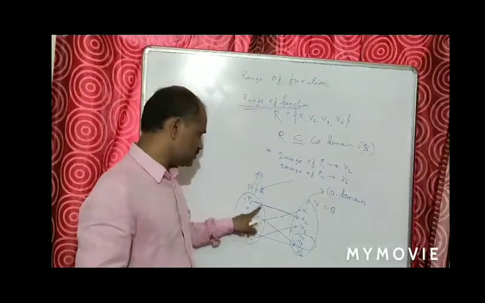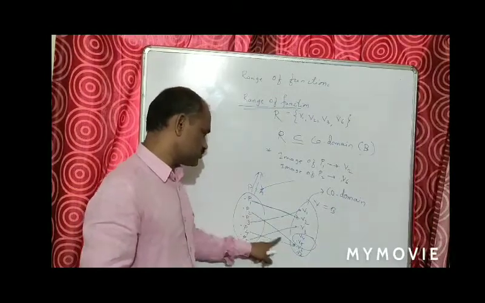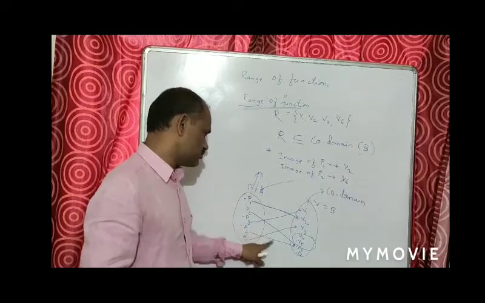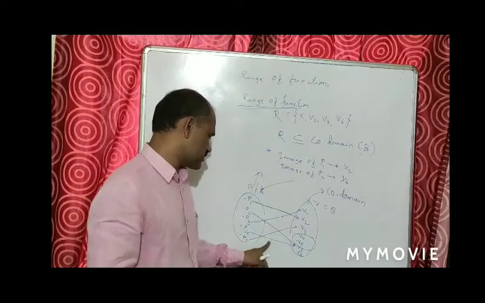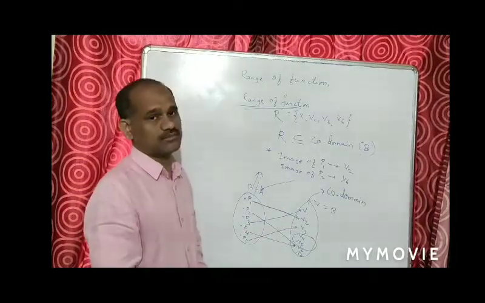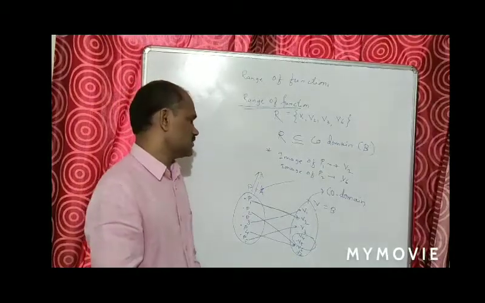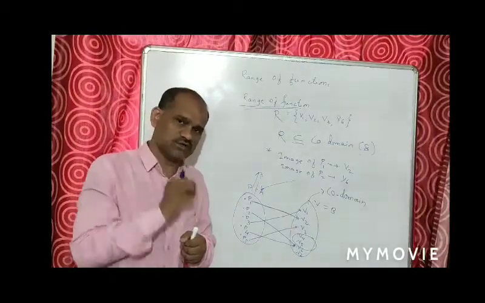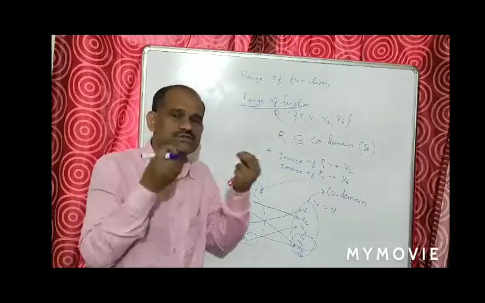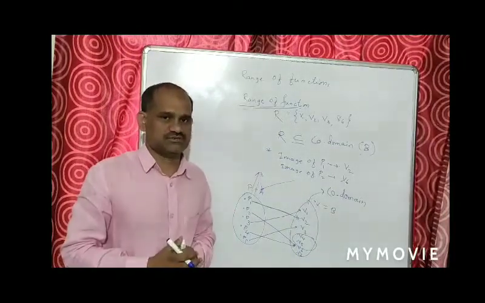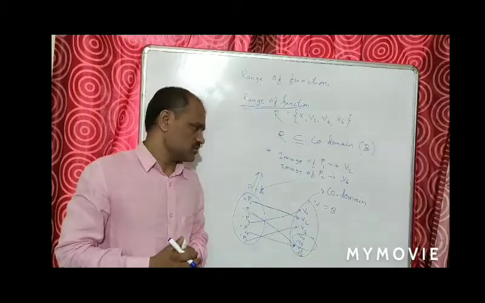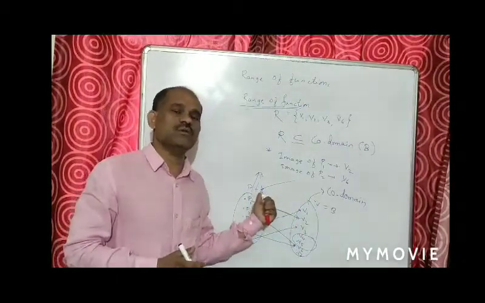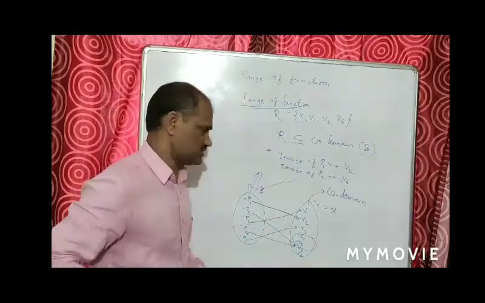So image of P1 is V2, image of P2 is V6, image of P3 is V1, image of P4 is V6, image of P5 is V3. In this way, the elements in the domain possess images, and the elements in the codomain have pre-images in the domain. For example